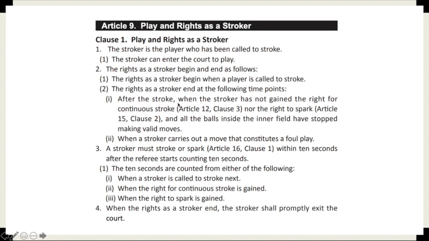Number 1, after the stroke, when the stroker has not gained the right for a continuous stroke. That really should put an A there. You can see that's in reference to Article 12, Clause 3, which we'll be going through in Article 12. But to briefly explain it here, it means that they have not completed a successful spark, remembering that you do not gain a continuation stroke from making a touch. You gain a continuation stroke from completing a successful spark, and that's also in relation to going through any gate which is next in order. So if ball 6 is for gate 2, if it passes through the gate,